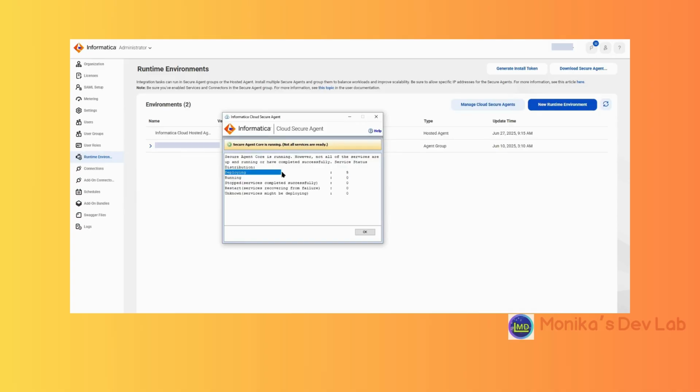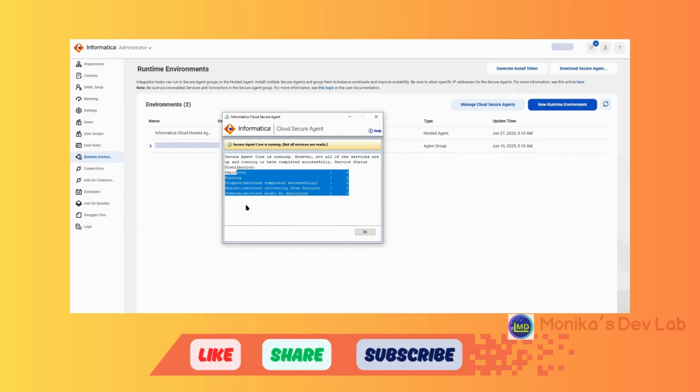These services depend on the type of license you have and what services you have opted for. Depending on that, this deploying services will start. So right now for this license, we have 5 services. Out of these 5, 3 are in the deploying status, whereas 2 are already in the running status. If they are stopped, you can see them under stopped. If one is restarting, it will come to this state. And if it is unknown, it will come here. So these are the different service statuses we have. And you can see here for our cloud secure agent, 3 are still getting deployed, 2 are already done.